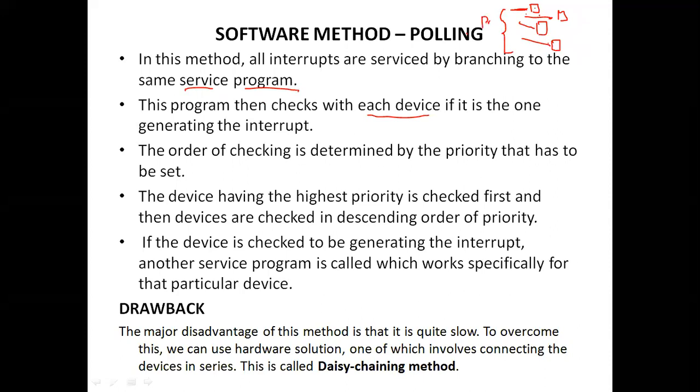As I have said, suppose this is having the first priority, this the second priority, this the third priority, and this one the fourth priority. The CPU will check this one first as it has the first priority. It checks whether this one has sent the request or not. No, this has not sent. Next, it will check the second one. If it has sent the request, it will attend to this one. Next it will check the third one, and like that the fourth one. If they send the request, it will attend; if not, they have not sent the request. So based on the priority, it keeps on checking.